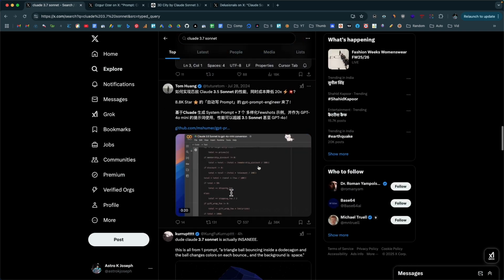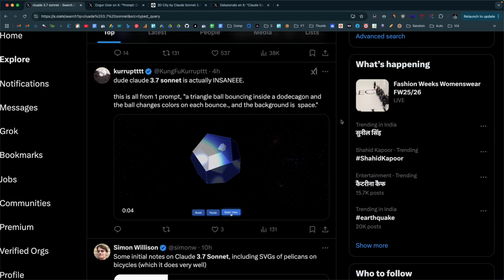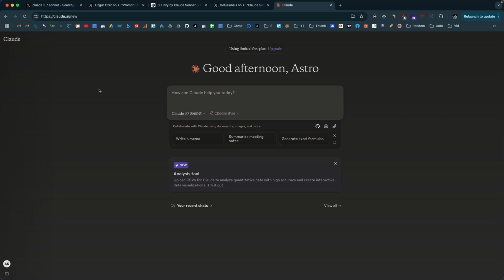be able to find a bunch of these random things that people have generated. And this is yet another one which actually looks good as well. Oh my God, this is actually really great. Wow, I'm impressed. And now to access Claude 3.7 Sonnet directly for free within Claude, all you gotta do is